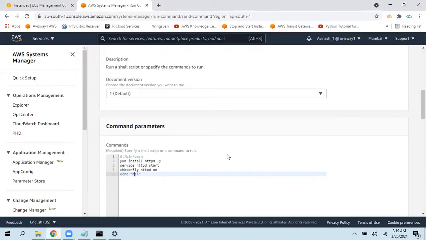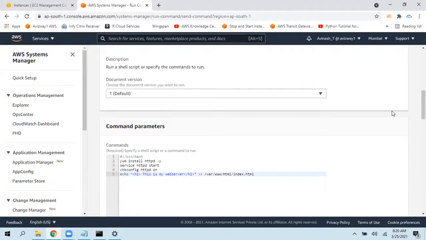I'm giving a header 1, this is my web server. Then I'm closing this and I'm going to write this to /var/www/html